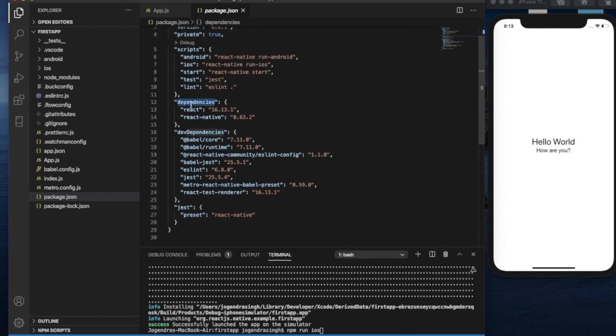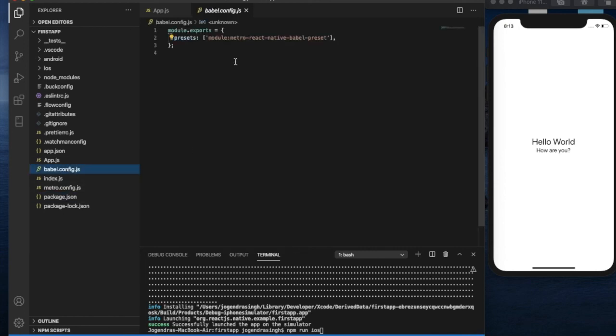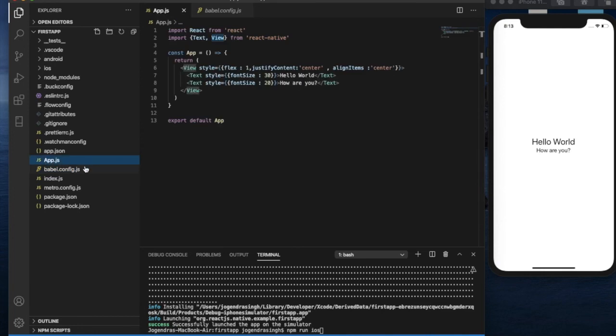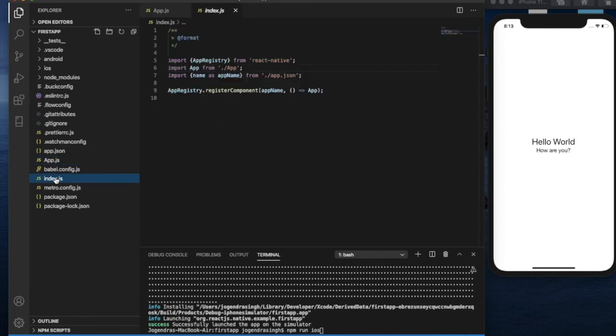If we install any third-party libraries like Axios or the rest, they will be added here. This is our package.json, this is babel.config, and this is our app.js. Our root is app.js, which is redirected from here. We can change it from here.